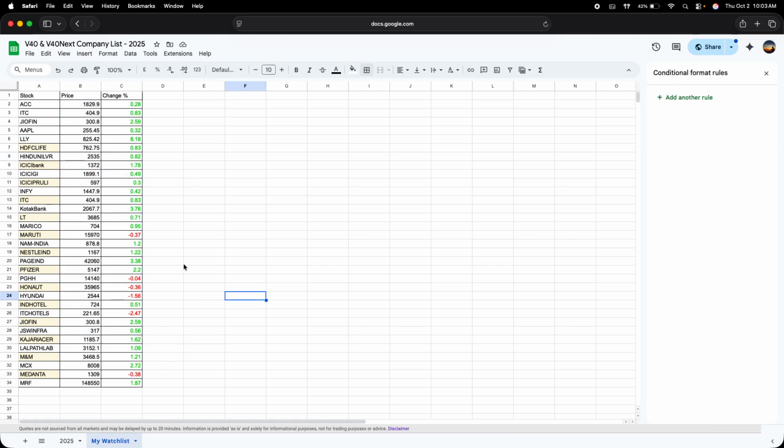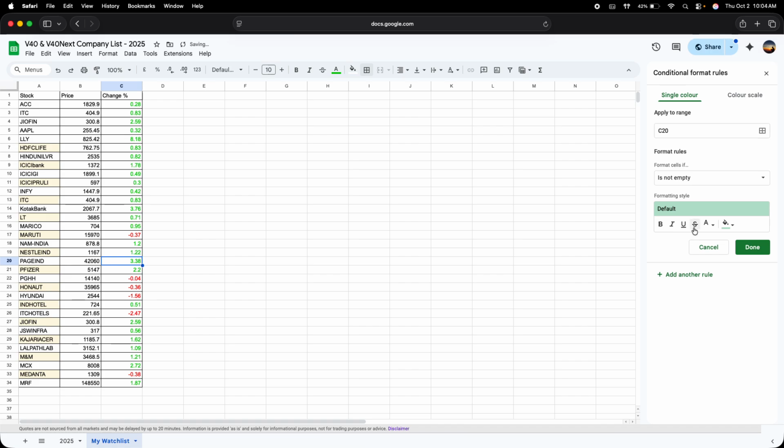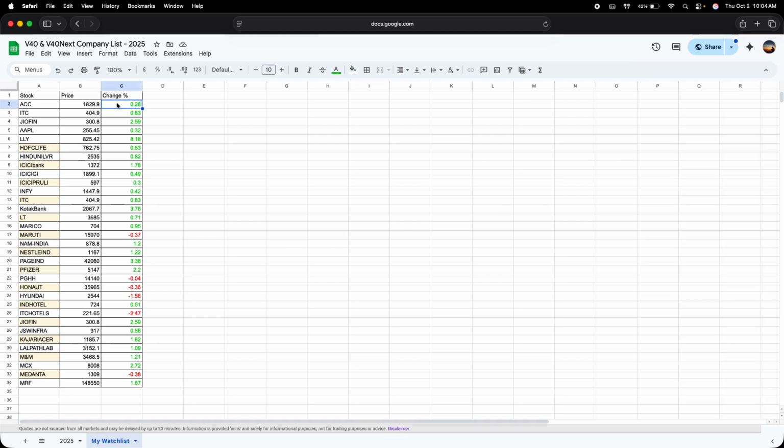You can put in more conditional formatting, like if any stock is going up more than 3%, just highlight it properly. Then what you can do is add another rule